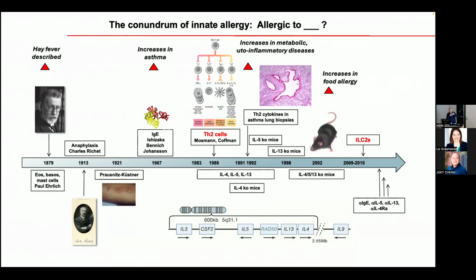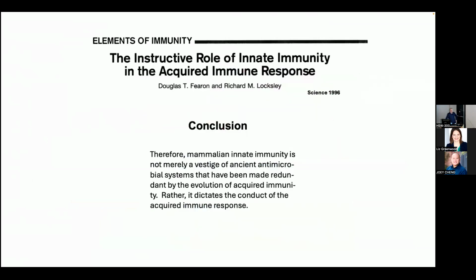There's the famous merging of East and West Germany. The incidence of asthma went strikingly up in West Germany, not in East Germany. It was lower in East Germany to start with. And there were increases in metabolic disease and increases in food allergy to almost 1 in 2 kids. So was it possible that innate cells were contributing to this? I was thinking about this. This isn't just a thought piece that I wrote with Doug Fearon in '96, but we lacked the tools to really address it directly.